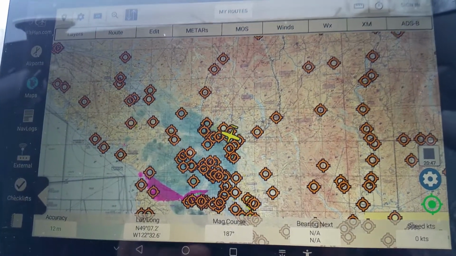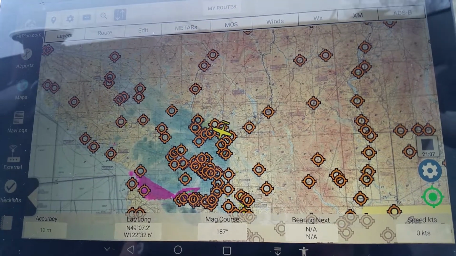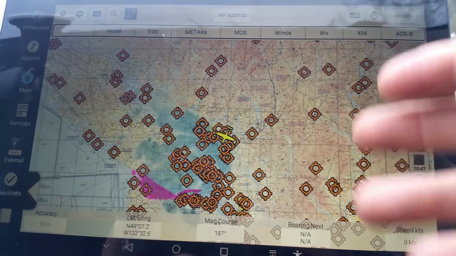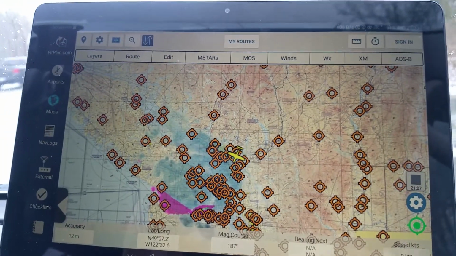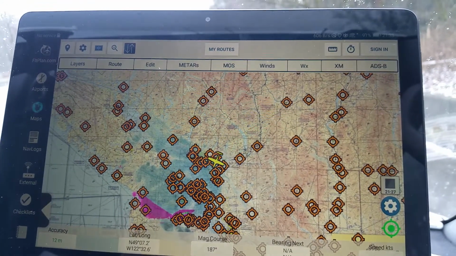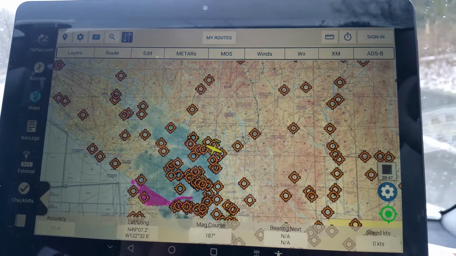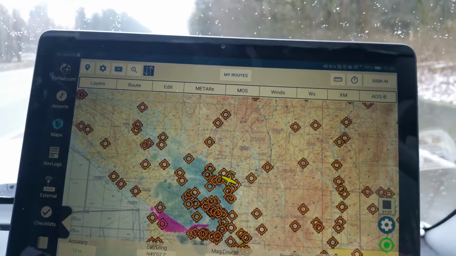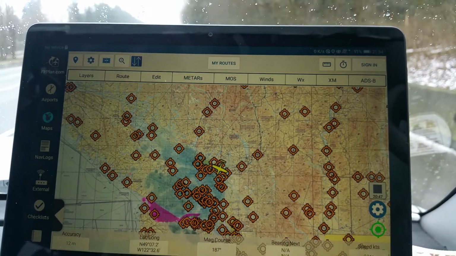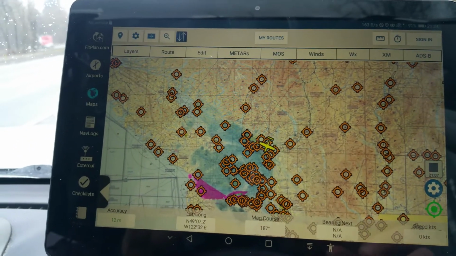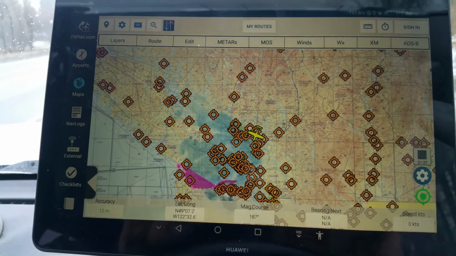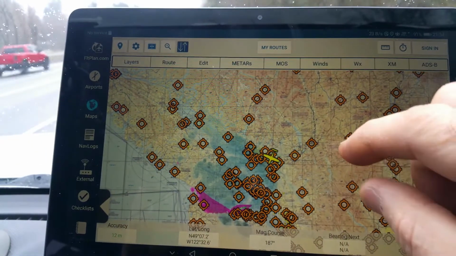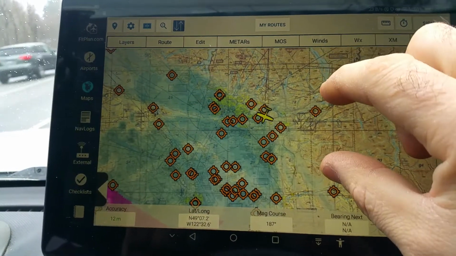So I can't really use too much of the data, and since I'm on my data plan, I don't want to download stuff for demonstration purposes or for this video, because it might take a couple of gigabytes of data to download everything this app wants you to download in order to fly with updated maps. So it has lots of nice features, and I like about this one that